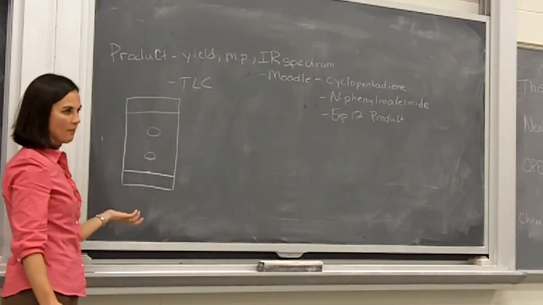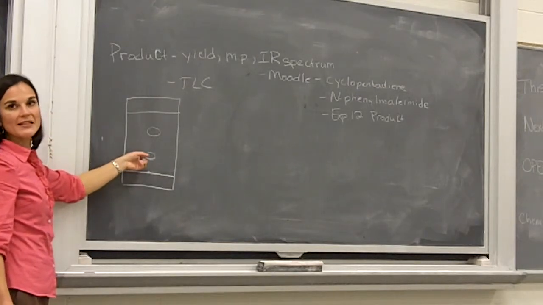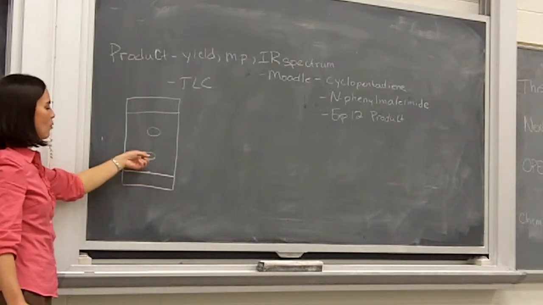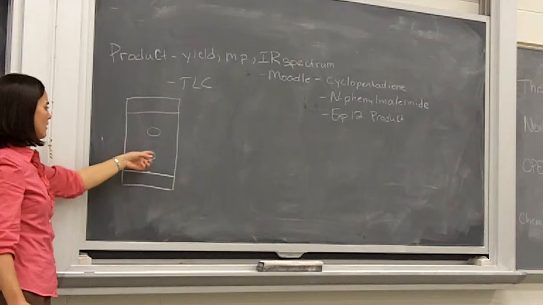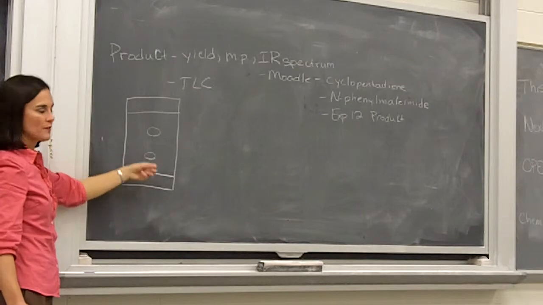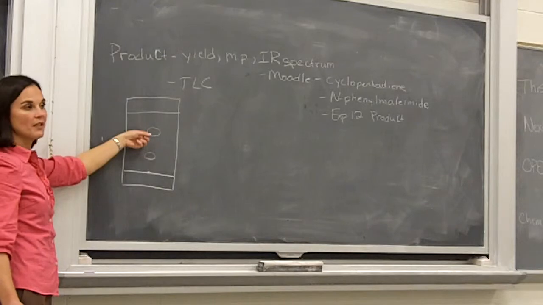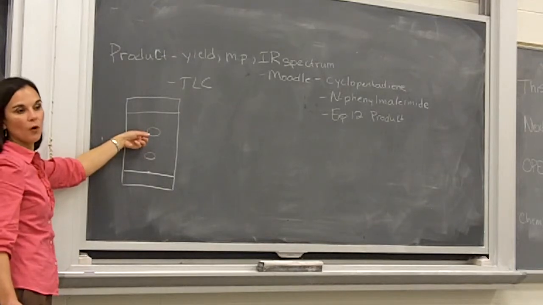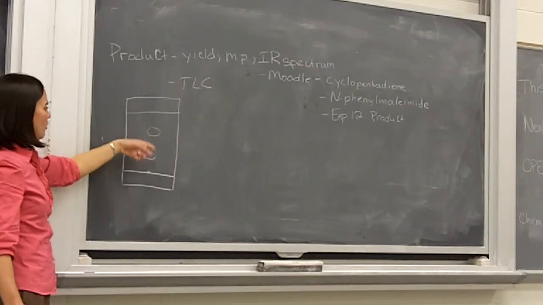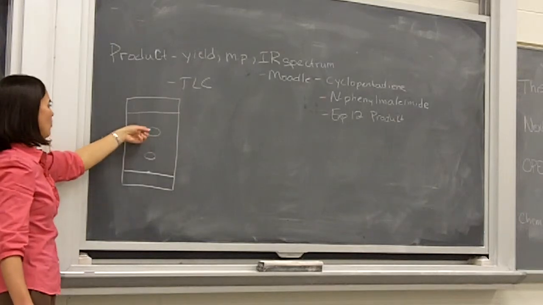So say we've got these two compounds. The lower compound would be the more polar compound. It did not travel as far in the solvent or the eluent. It spent more time adsorbing and adhering to the silica than it did hanging out in the mobile phase, okay? So this lower spot would be your more polar compound. This upper spot would be your less polar compound because it traveled more in the eluent, and so it hung out more in the eluent, so it traveled more up the TLC plate and was not adhered as